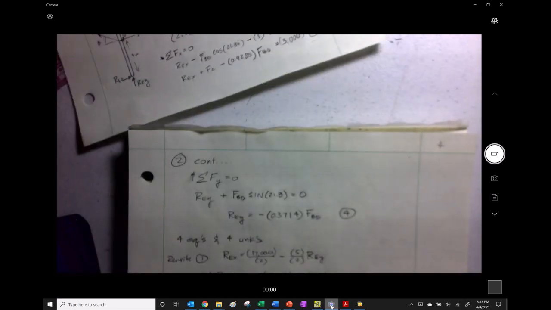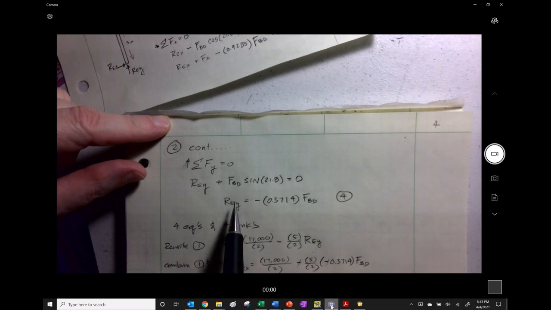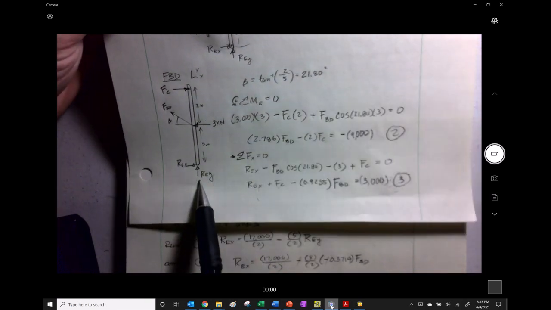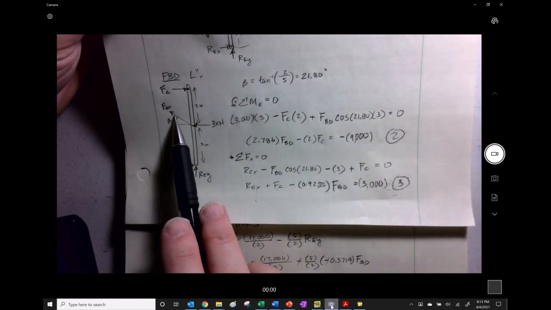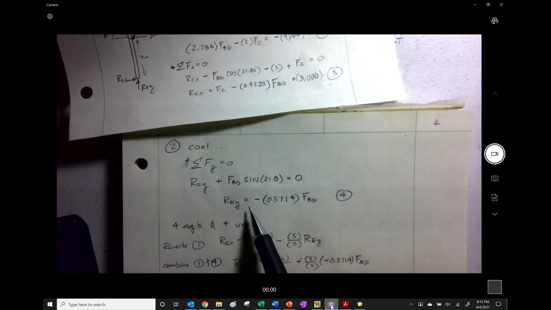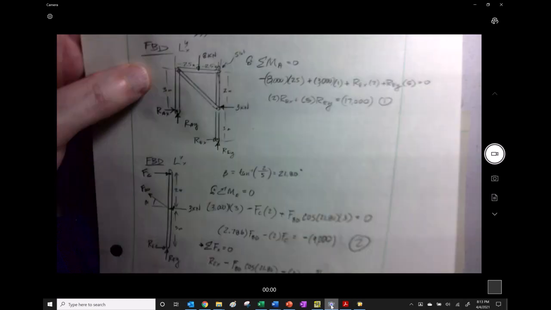So our last equation that we need is in the y direction here, and looking back up at this, we can relate the vertical direction here and the vertical direction component portion of that. We also notice that my guess is probably wrong, I don't know, of FBD. We'll see. But we have four equations